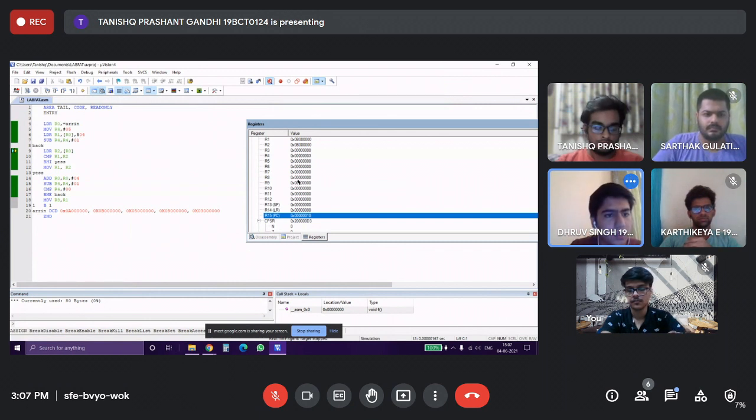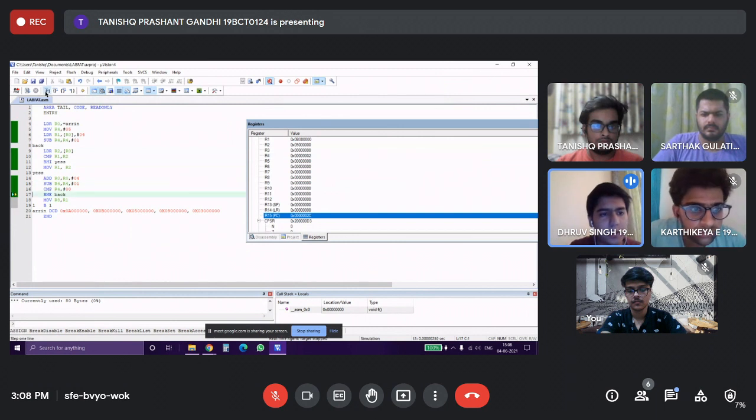As we run through the loops for this particular case where we've changed the value, after running through the loop till the R4 value becomes 0, which means we have run through the entire array, we finally have the maximum value stored in the R1 register.